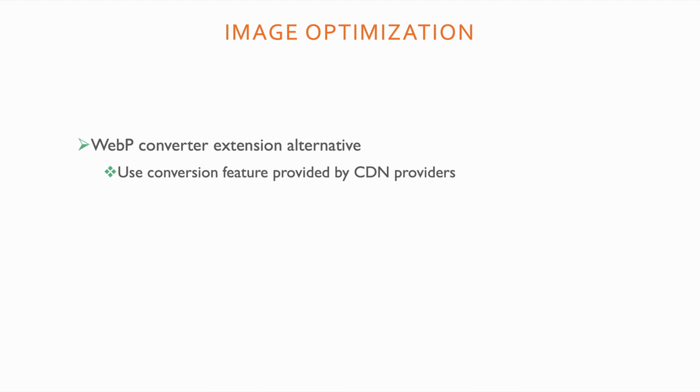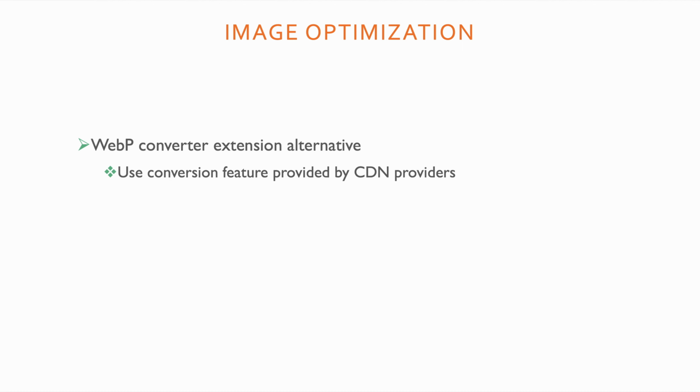Now, in the previous video we also talked about image formats. WebP is the latest image format, which is quite popular. It is lightweight compared to JPEG and PNG, which takes fewer resources to be downloaded in the browser, though this image format is not supported out of the box in Magento. So one approach was to install extensions which can convert our normal format images to WebP format images.